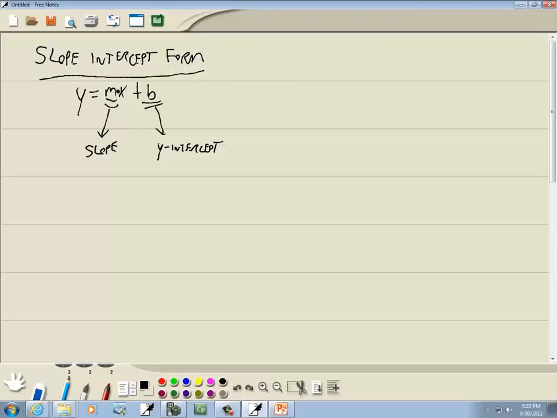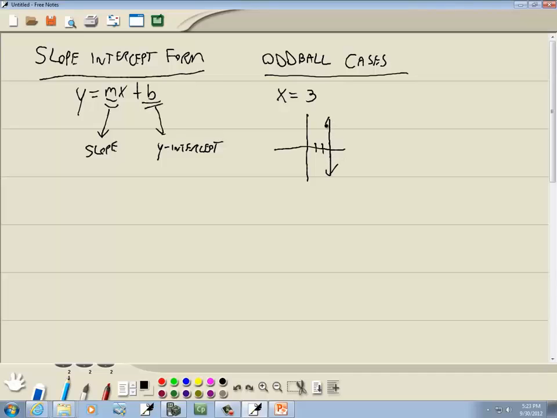Now, all lines can be put in this form, with the exception of our oddball cases. So let's talk about those. We got two. The first one is where we have x is equal to a number, and I'll actually put a number here just so we see it. X is equal to 3. If you got x is equal to a number, it'll be a vertical line at that number, and m is undefined,